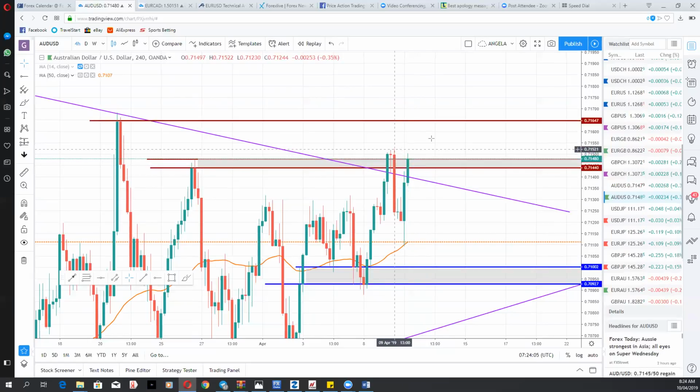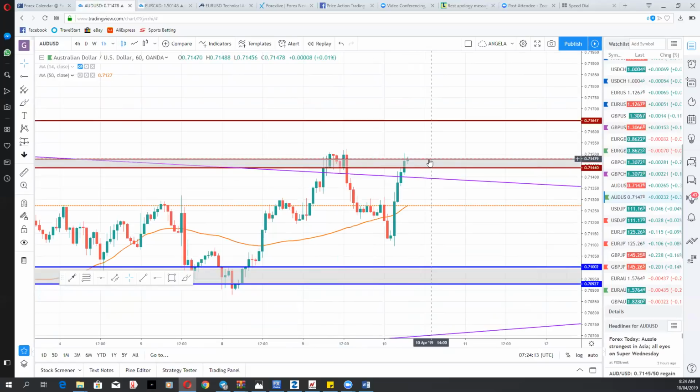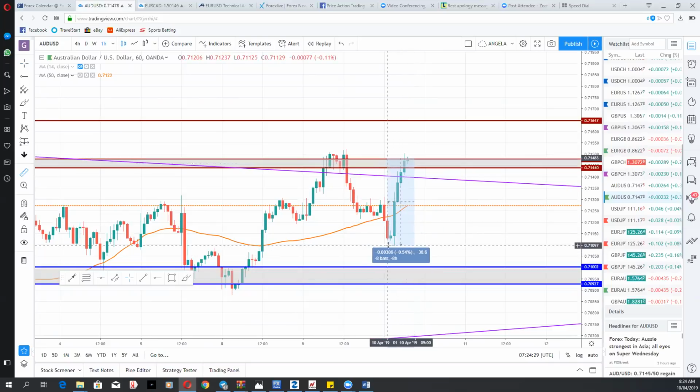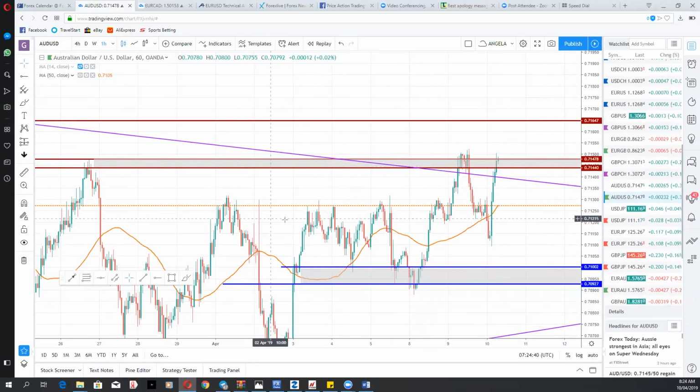If they fail to close above here, you drop down to your 1 hour chart and look for a bearish position here. If they fail at this level, you look for a bearish reversal pattern here and take this trade down. So you might take this trade from this top down to this area for almost 30-something pips. That is if you get bearish evidence here. You need to see bearish evidence, because with that you have what looks like a triple top. So you just need to be aware of that.